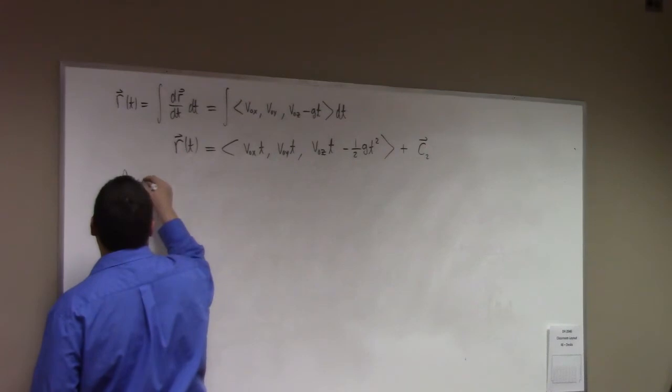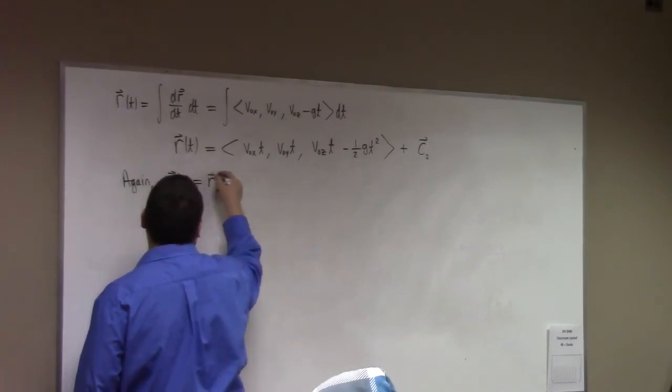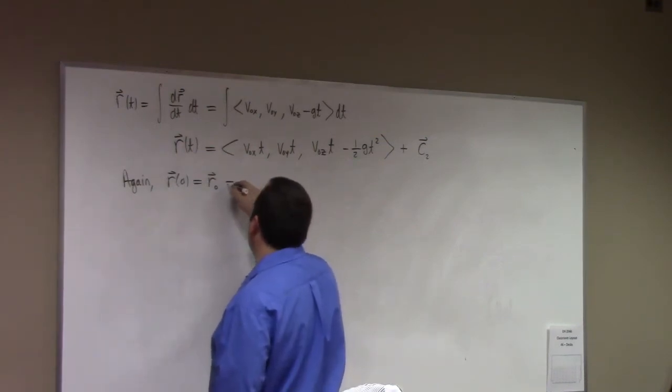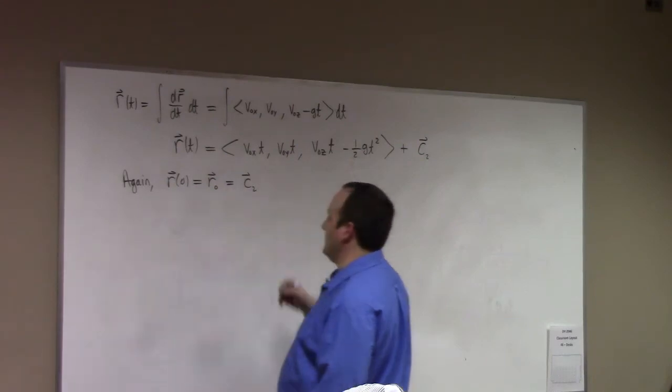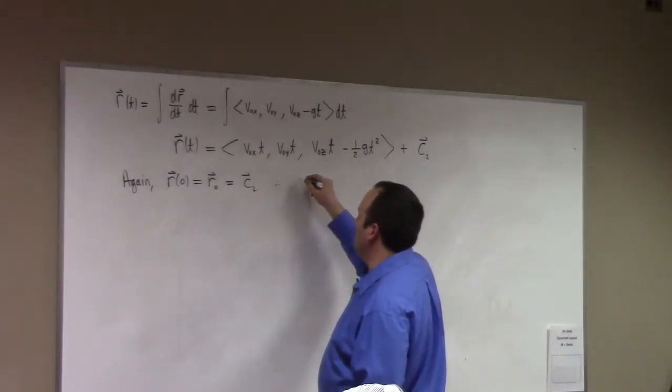Again, if r of 0 is given as r sub naught, that would be the C2 vector, right? So therefore, r of t,